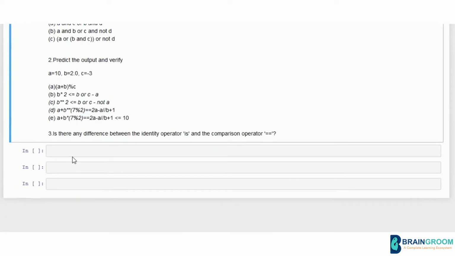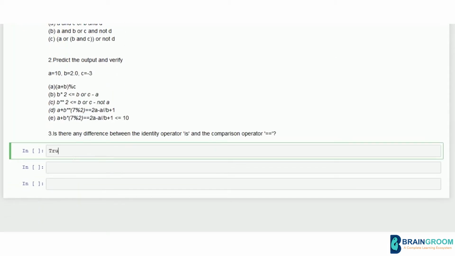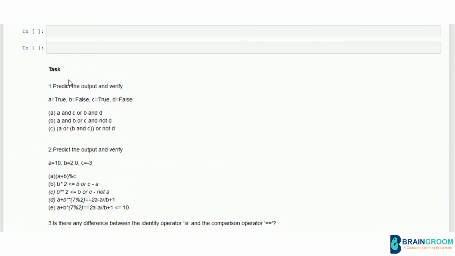Okay, so I have already told you one good indicator is the change of color. Whenever the color of the text changes, it means that it has some special meaning in Python. So this True and this False represent your boolean values. However, if you just change the case, Python, as I have been repeating time and again, is case sensitive. So if you use a different case, the meaning changes altogether. They just become some random strings. So always make sure when you use True and False, the first letter has to be a capital letter.